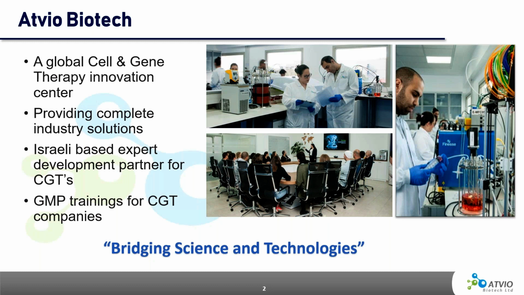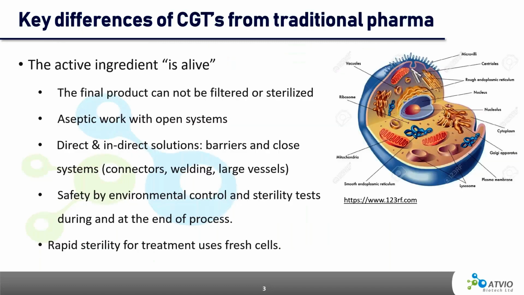First of all, I want to point out some of the differences between traditional pharma and cell therapy products. First of all, the active ingredient in traditional pharma is a chemical one. And in cell therapy, the active ingredient is the cells, which are actually alive. And that means we cannot filter or sterilize the product at the end of the process. In order to make sure that we are not jeopardizing the patient, we need to work in an aseptic manner,